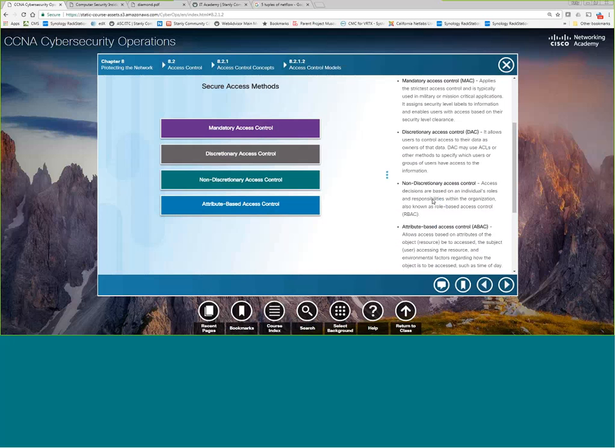You need to know that mandatory access control is considered to be the strictest access control, and it's where you put a label onto information such as secret, top secret. I'll tell you, I had somebody this week actually come in. It was Tuesday morning. I had a special investigator from the FBI here doing a top secret clearance interview for one of my former students. So that's one of the things the military uses, mandatory access control. Basically, it gets assigned a level, and if you don't have that level, you're not going to read it or see it.